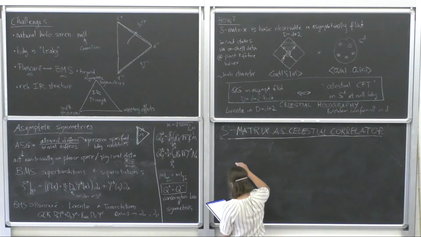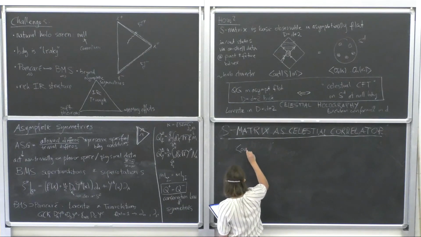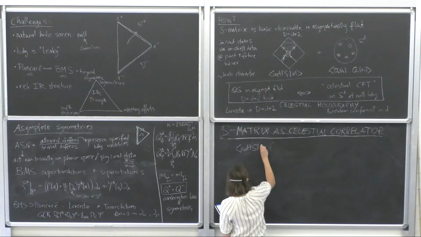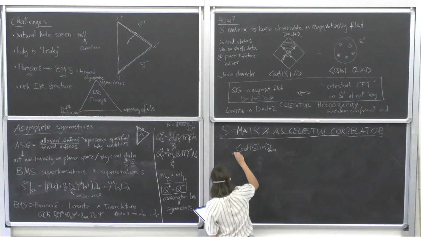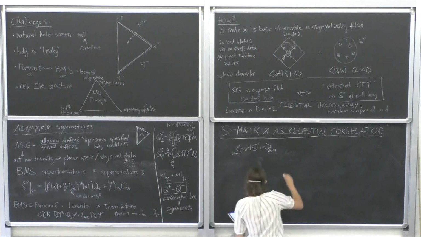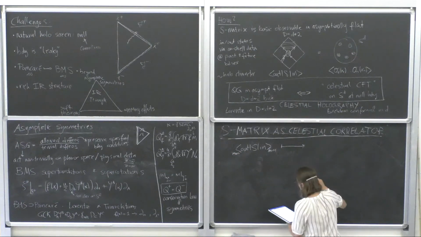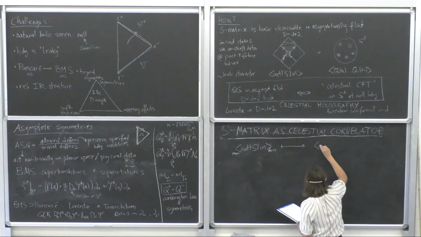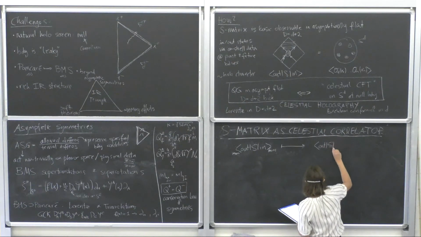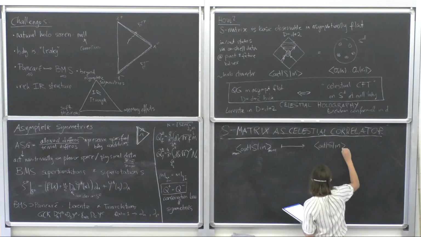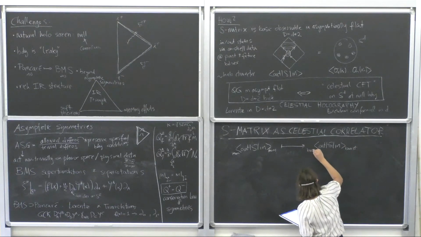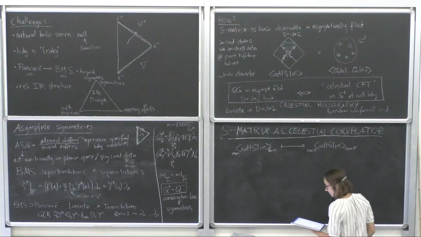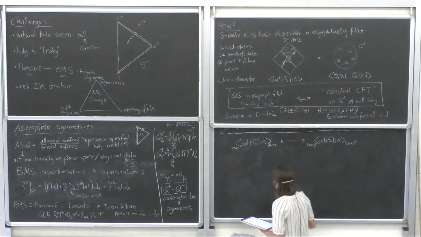So let me just say we want to now recast the S matrix, which we usually write down in a momentum basis. We want to recast the S matrix now in a different basis that makes the conformal properties manifest. I will call this basis the boost basis, since we want to make Lorentz symmetry manifest.